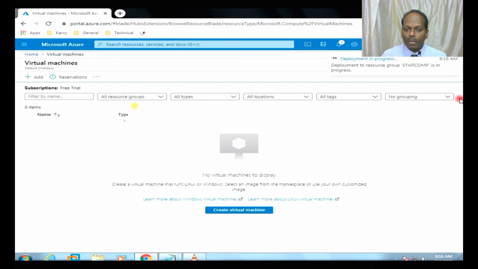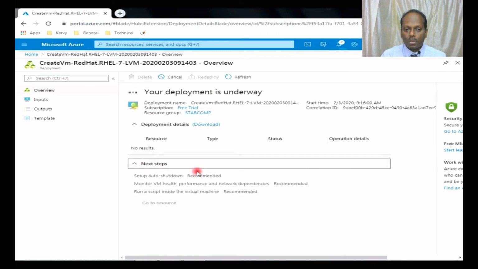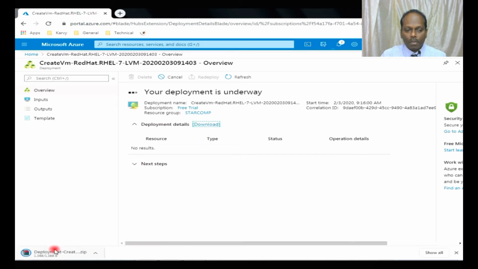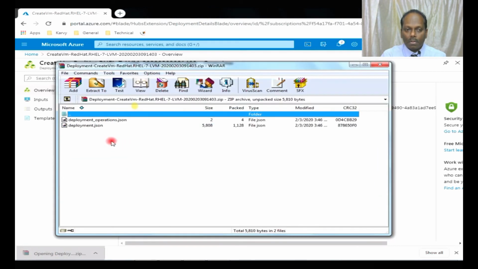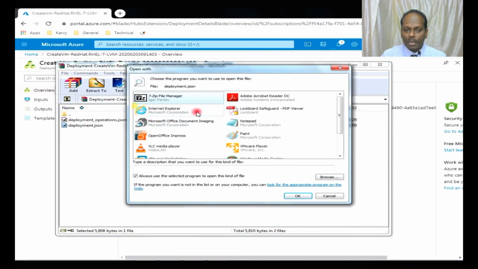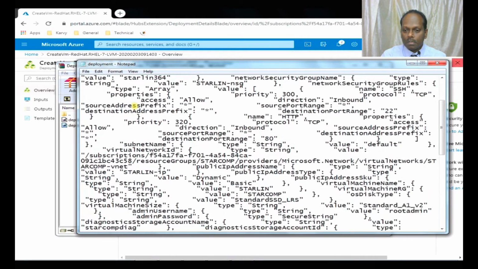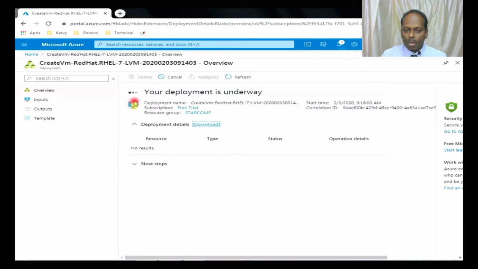Meanwhile, we can go to the dashboard and see whether our deployment is in progress. We can see whether our Windows server is ready. I can select either the resource group directly or go to home and select it. You can even download the details of the box which you had. The default will be in JSON. You can open it through Notepad, or Notepad++ would be the ideal one. If you open that, you can go through the entire configuration. So this is how it looks. In future, if you want to deploy also, you can use this script and do that.